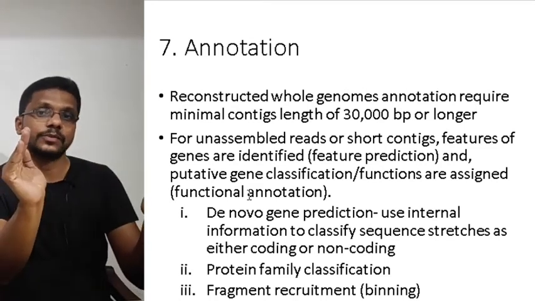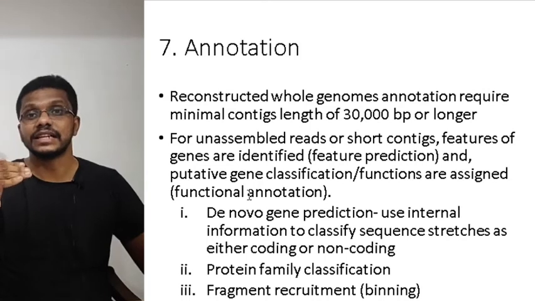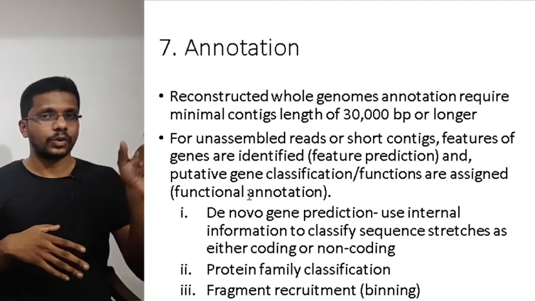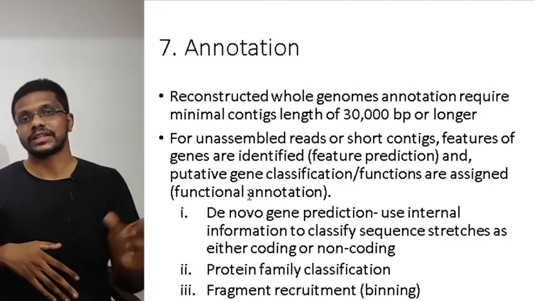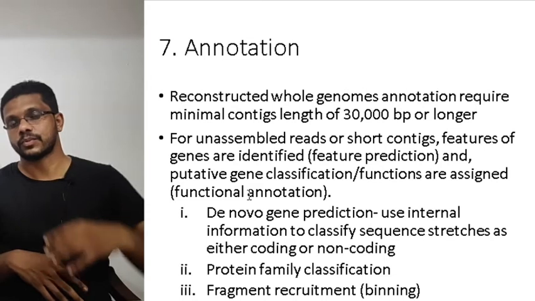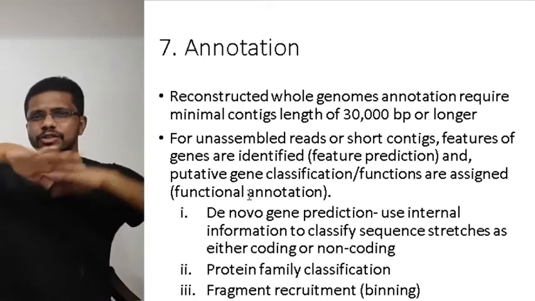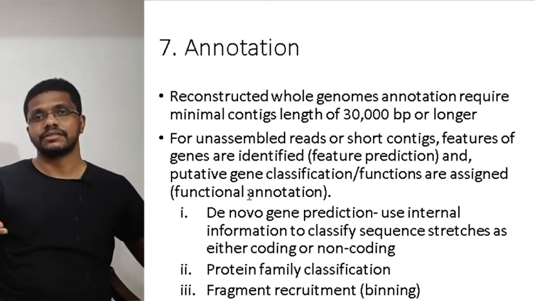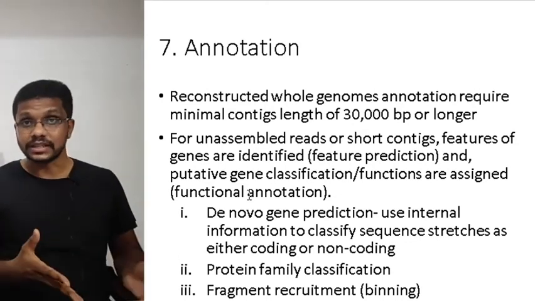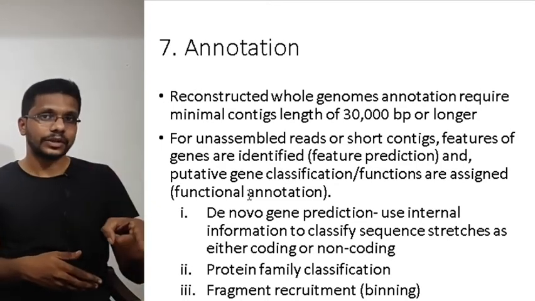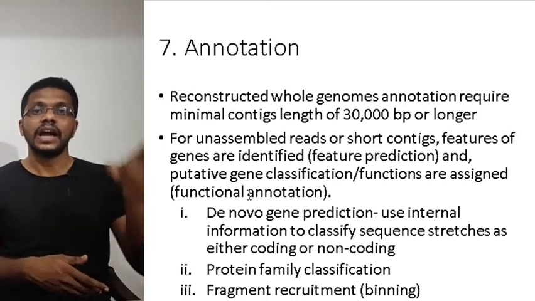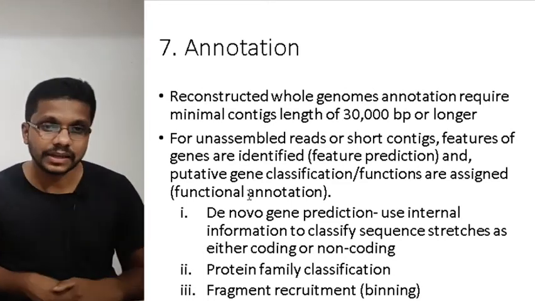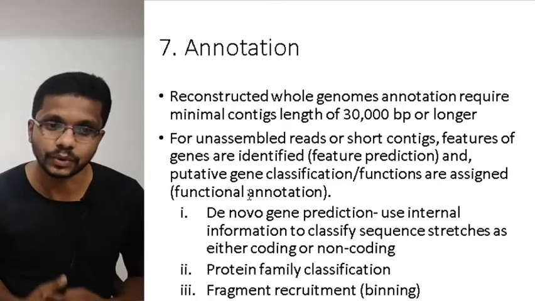Based on the characteristics of this small portion, we can predict whether this DNA is going to make an RNA, or whether this resulting RNA is going to make a protein. So we already know the sequences of the promoter, the ribosome binding site, and the termination site. Based on all this information, we can predict whether this DNA, which is isolated from the environmental DNA, is producing any protein. And if it is producing the protein, we can predict the secondary structure of that protein, and also the tertiary structure, or even the function of the protein. So that's how the annotation works for short DNA molecules.